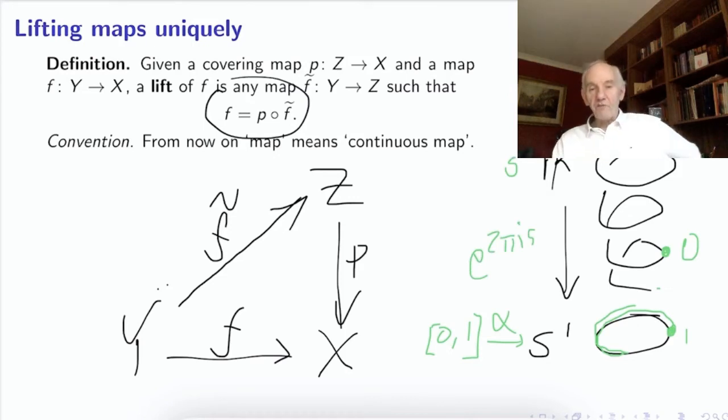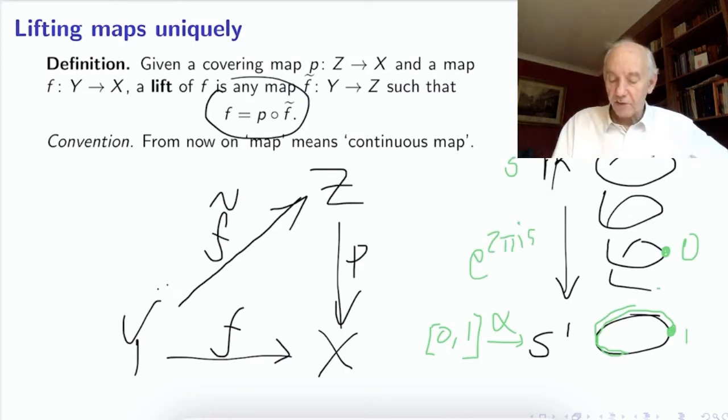So if I want to do one full turn, I would be going to 1 here. So 1 would lie over, and this would be -1, for example, with that parameterization. But you see, if I want to lift this map, I could start anywhere I wanted over 1. I could start at 0, but then I don't really have any choice. If I want to lift this path and describe a continuous map from [0, 1] to R so that this commutes, I have to go along this part of the,